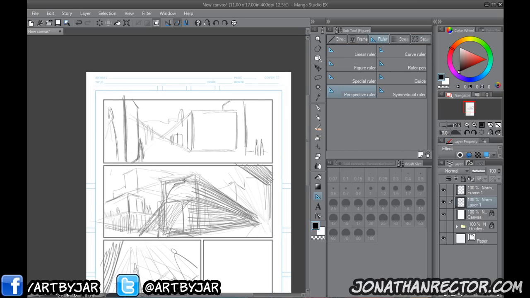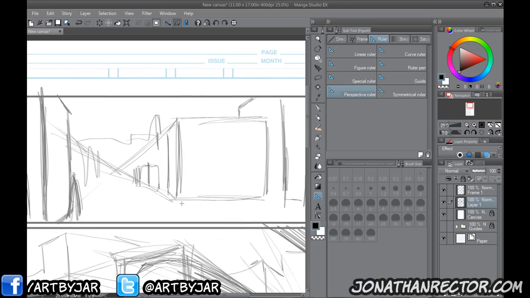Now, I'm trying to think of a simple way to say this besides just showing you, but try to find something that makes sense in the perspective you're trying to get. In this case, this box is pretty prominent. I'm trying to do that so you guys can see it. The idea is, all you're worrying about is the perspective. You're going to drag this perspective ruler twice to make a vanishing point.